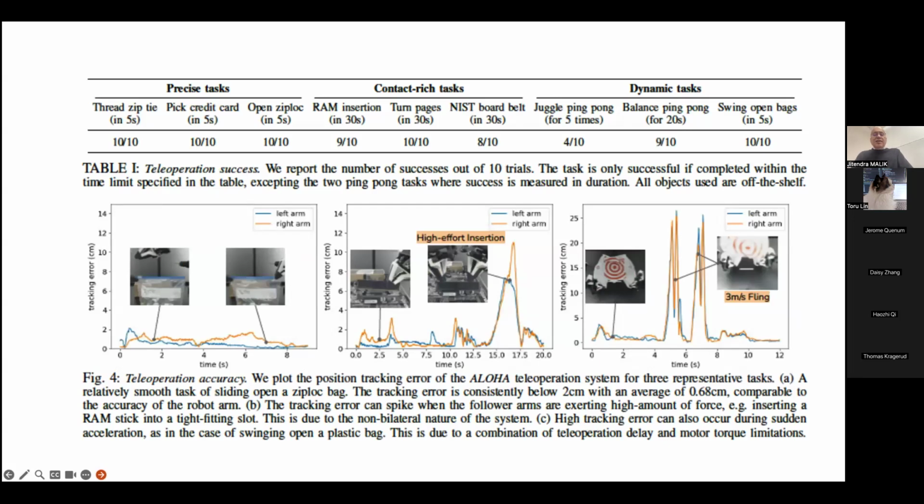This is from their RSS 2023 paper, and this is about saying that humans are able to do this task under teleoperation. So precise tasks like pick credit card, open Ziploc, thread zip tie, turn pages of a book. So they're doing this all with a parallel jaw gripper. And in my view, that is heroic. And it's great that you can do it, but it's a little bit like showing that a dog can ride a bicycle. It's great, but